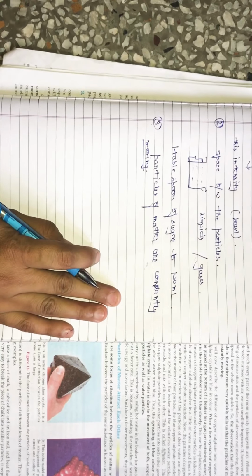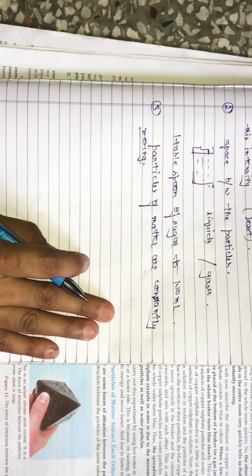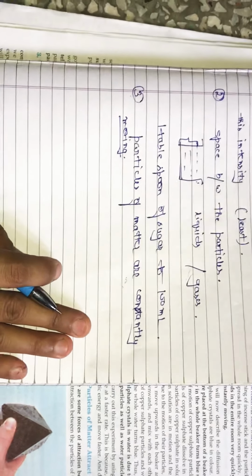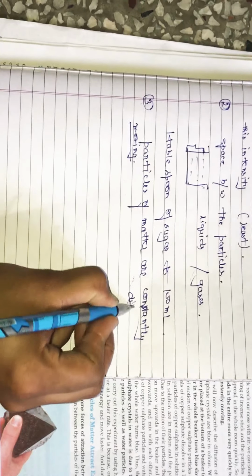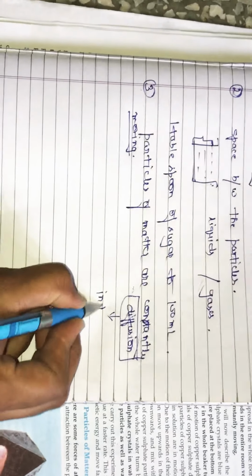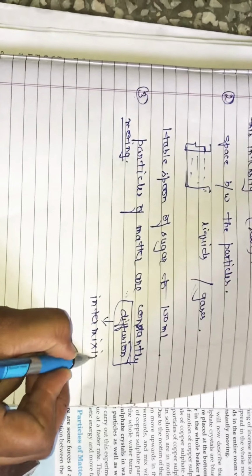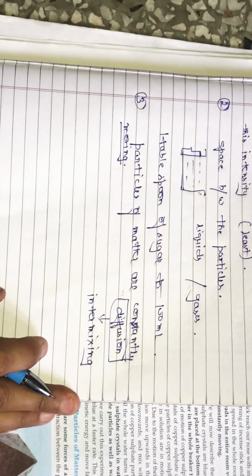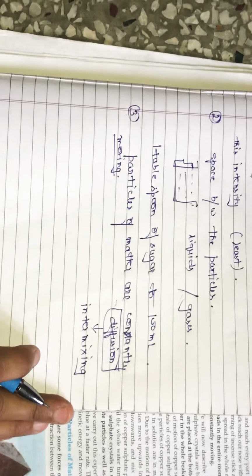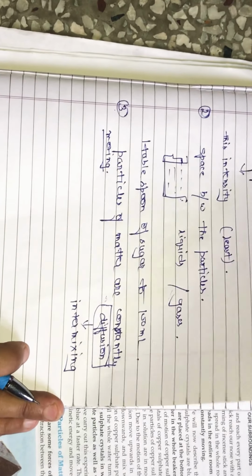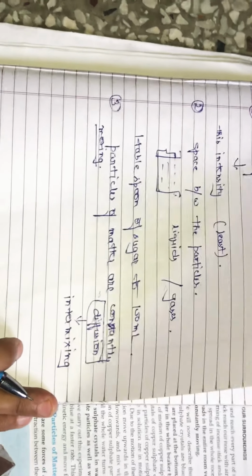Your incense stick, right? You just light it in one room. You can smell the fragrance from several meters away, right? Why? The reason is diffusion. Okay, diffusion is a very important property of matter, that is intermixing. Basically, intermixing of two states of matter, or intermixing of particles of matter, is called diffusion. Similarly, if you spray perfume or room freshener in one corner of the room, within a fraction of seconds you can smell that fragrance from the other side of the room or in other rooms also.